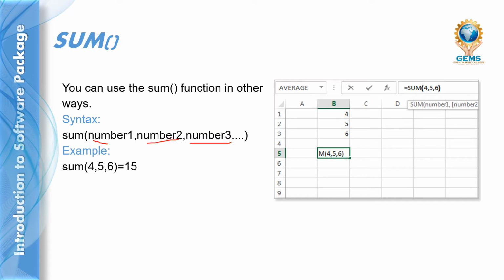Here B1 has the number 4, B2 has the value 5, and B3 has 6. To sum this up, we add 4 plus 5 plus 6, so the answer is 15. The syntax is SUM of 4 comma 5 comma 6 equal to 15. This is another way of adding numbers.